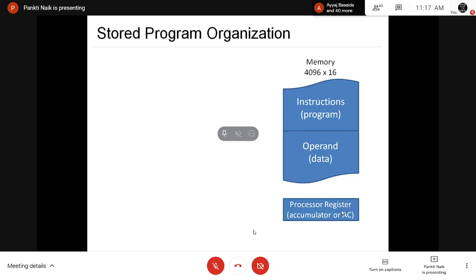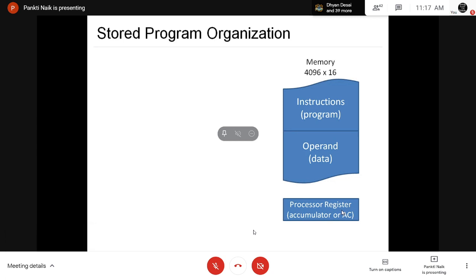Suppose you want to clear the accumulator, complement the accumulator, or increment the accumulator. So you have to perform this operation on data stored in the accumulator only. There is no need to perform any operation on the memory operand. So for this type of operation, the second part of the instruction bits, that is from 0 to 11, are 0.